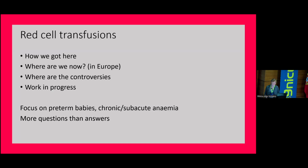So I'm going to talk a bit about red cell transfusions. I'm going to talk about how we got to where we are at the moment in terms of the big things like transfusion thresholds and volumes. I'm going to show us where we think we are in Europe at the moment. I'm going to pick out a few little controversies, and we've got a few Slido polls in there. And then at the end, I'm going to show you some of the work in progress that we've got at